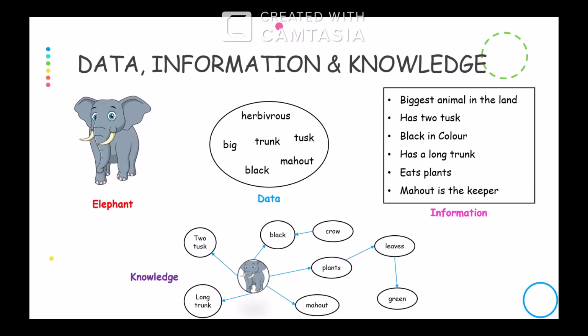And definitely, if I ask you, do you have knowledge regarding a traffic post? What will be your response? You have knowledge regarding a traffic post, right? And what knowledge do you have? The purpose of a traffic post is to control the traffic. We can see this traffic post at the junctions and sides of the road, and we can see three different lights in it. The red light for stop, the yellow light for wait, and the green for go, right? We know all these things, so we have the knowledge regarding a traffic post.